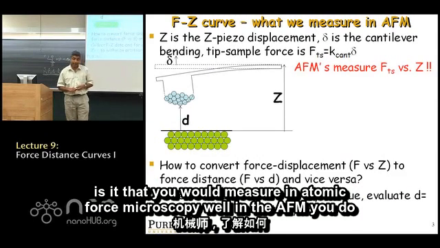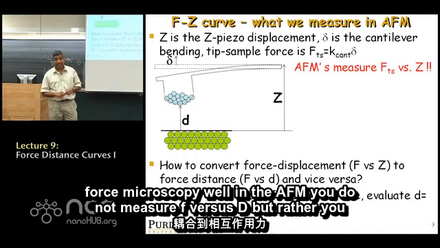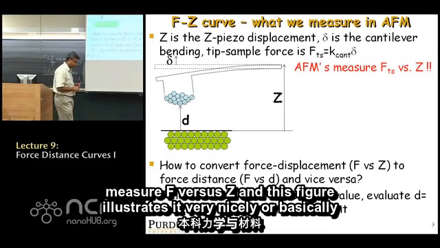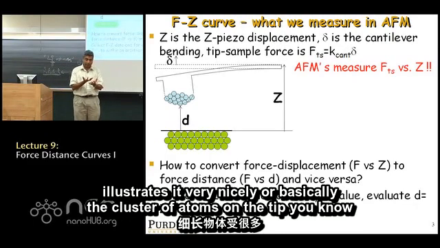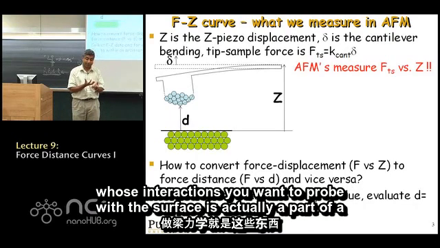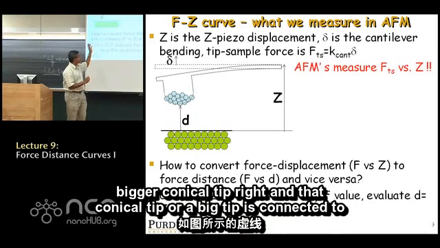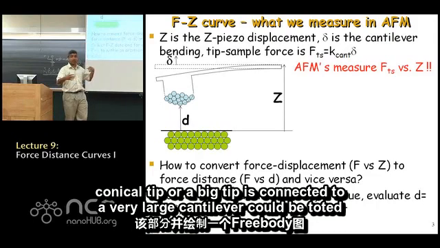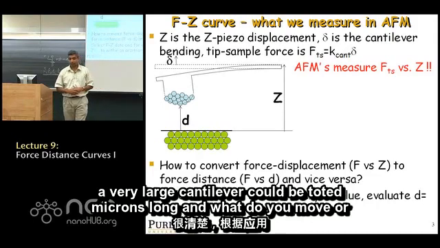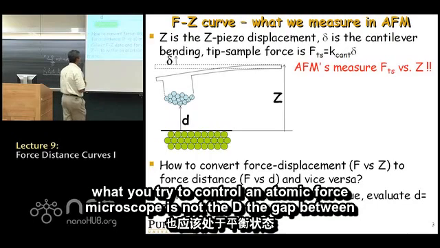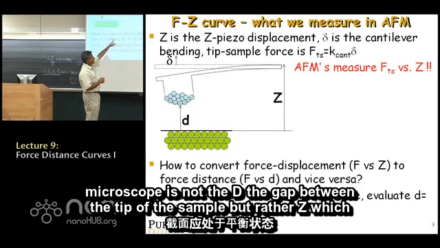Well, in the AFM, you do not measure F versus D, but rather you measure F versus Z. And this figure illustrates it very nicely. Basically, the cluster of atoms on the tip, whose interactions you want to probe with the surface, is actually a part of a bigger conical tip, right? And that conical tip, or big tip, is connected to a very large cantilever, could be 200 microns long. And what you move, or what you try to control in an atomic force microscope, is not the D, the gap between the tip and the sample, but rather Z, which is the motion of the base of the cantilever